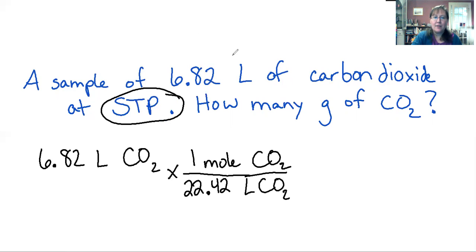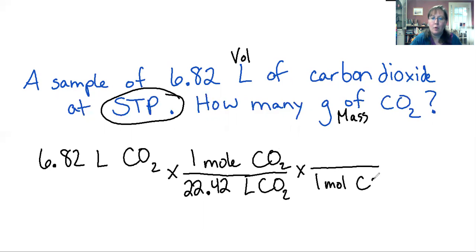Normally, what you would see, this is volume to mass. So you would need to do your PV equals nRT, and then you would have to find moles and grams. But we don't have to do that because we're at STP. So we can just cancel out our liters with liters on the bottom, liters per mole. And then a molar mass, 1 mole of CO2,